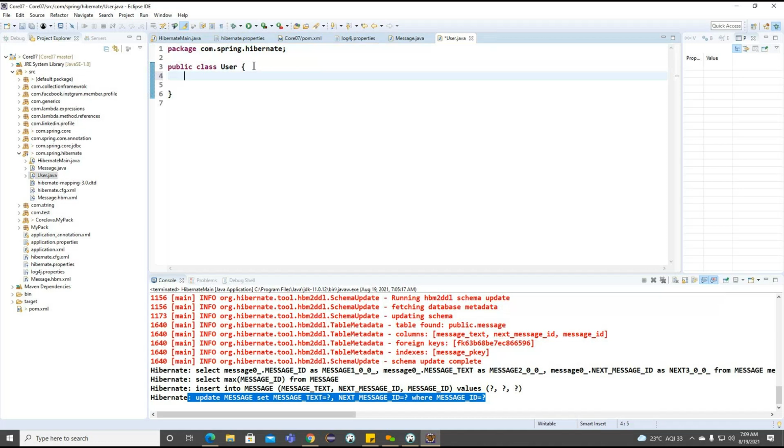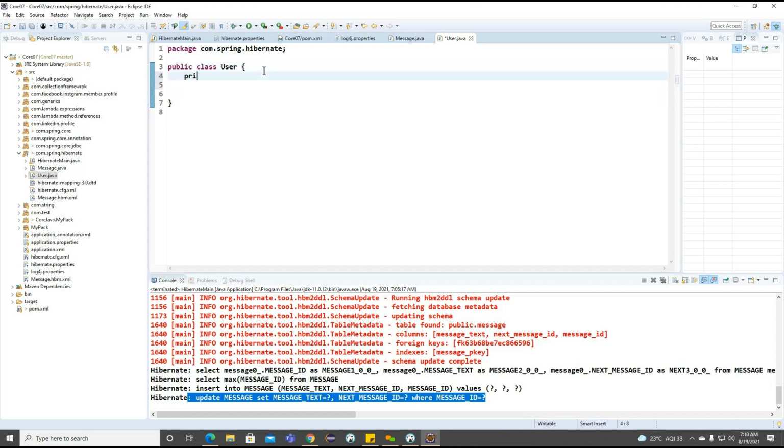Getting the point. You can implement this particular user with Serializable, but here we don't require this particular implementation. The problem is, whenever we are trying to connect our application over the internet, this particular Serializable will be useful. But as of now, Hibernate does not require any of this implementation or any abstraction. Okay. So back to here.